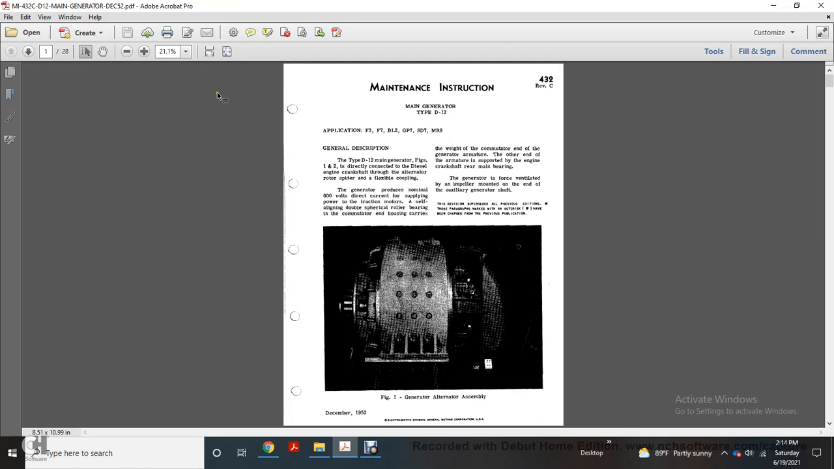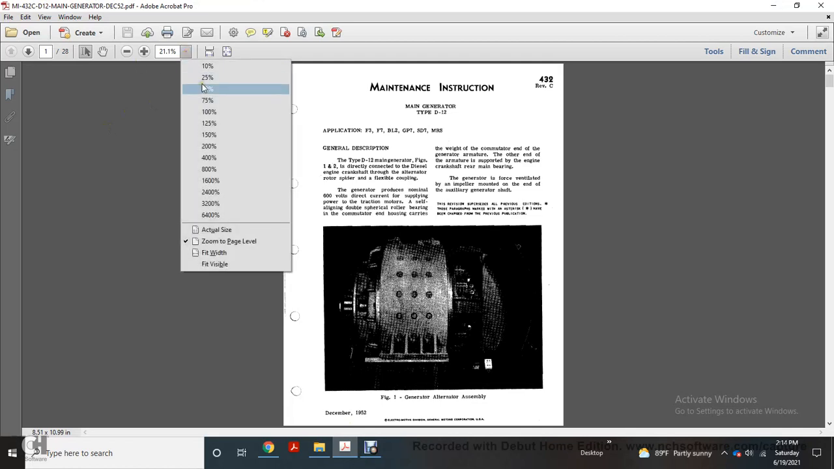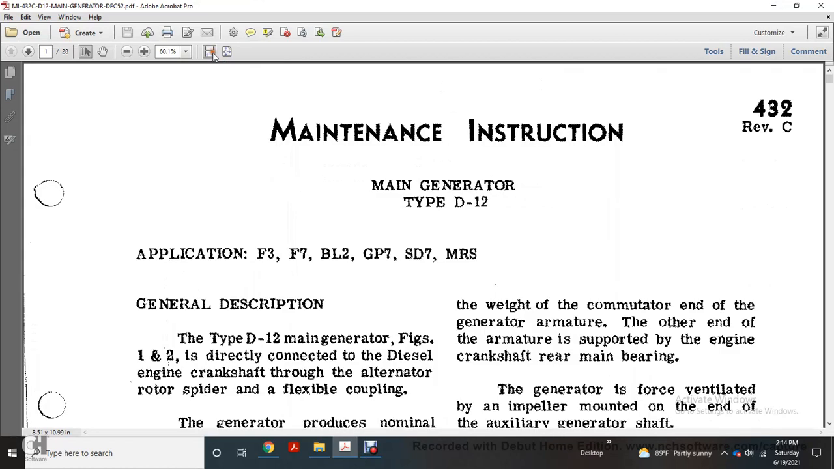Alright, your maintenance structure, main generator, the D12. The maintenance instruction 4320 revision C, main generator type D12, application F3, F7, BL2,